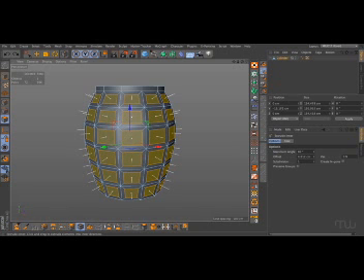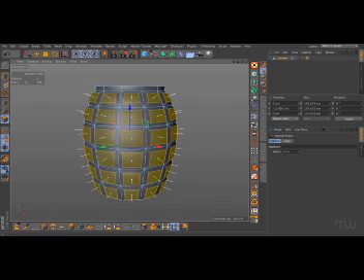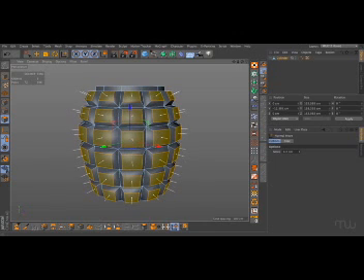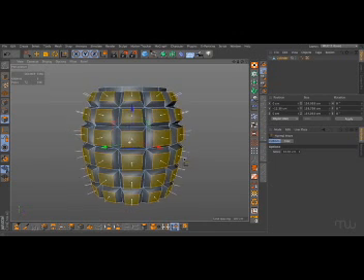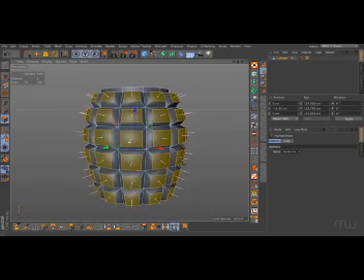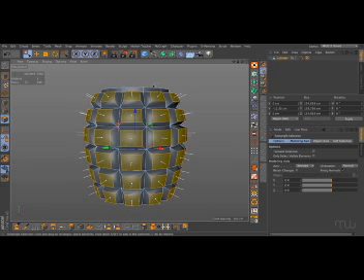Just inner extrude these. Then I can grab my normal move tool and move all of these polygons out, like so. So let's say we wanted to make a change to the polygons in this row and we want to make them kind of narrower. So first of all, we need to just select the polygons in this row. Now we could do this by going to our rectangle selection tool, hitting Command and deselecting,